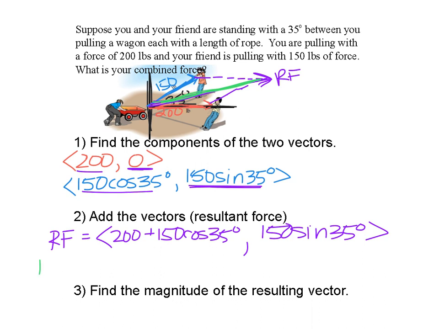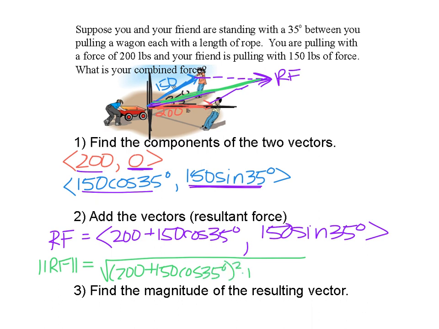So for part 3, we're going to find the magnitude of that resultant force vector, which is, remember, the square root of a squared, so (200 + 150 cosine 35) squared, plus b squared, (150 sine 35) squared. Okay, so now what you're going to do is type that into your calculator. All right, and once you type that into your calculator, you should get